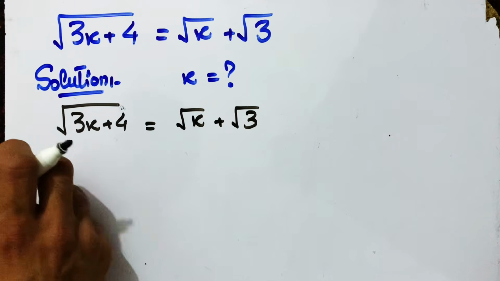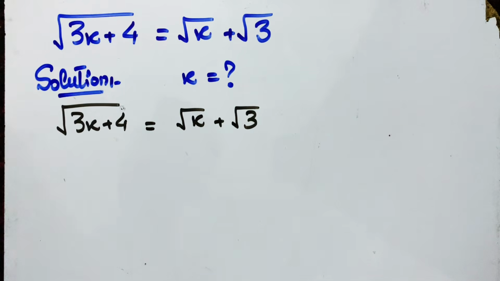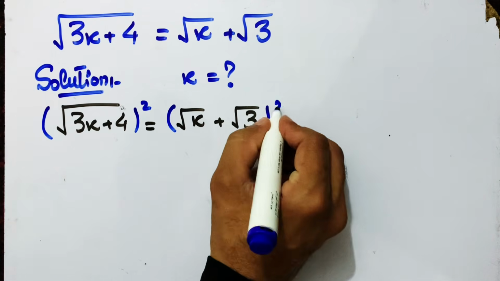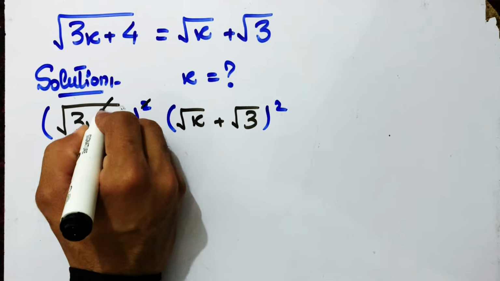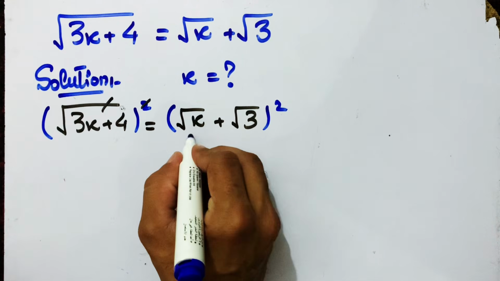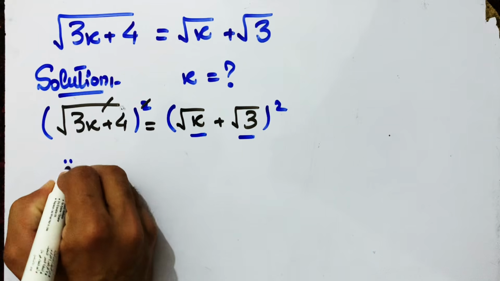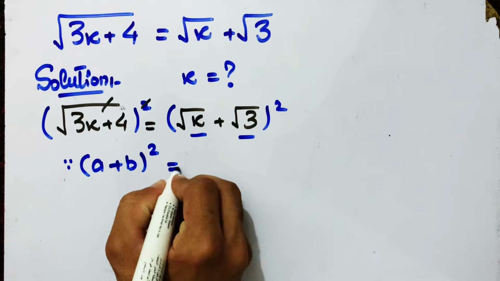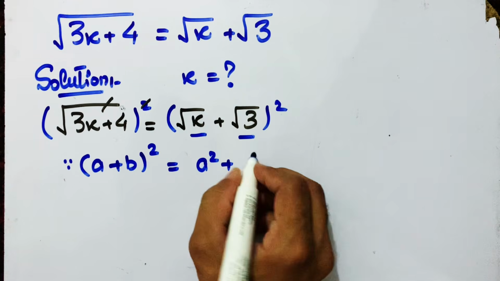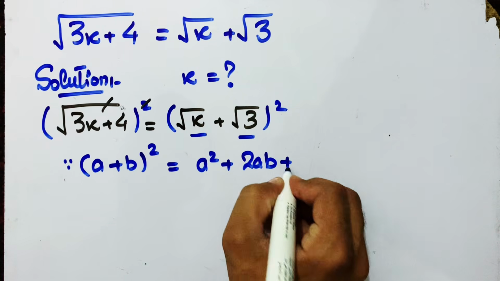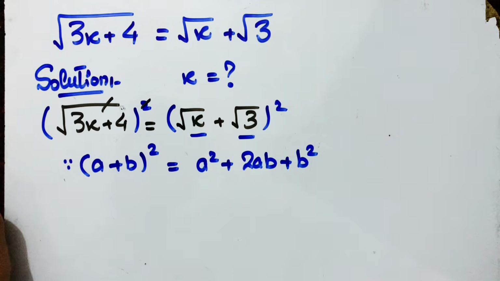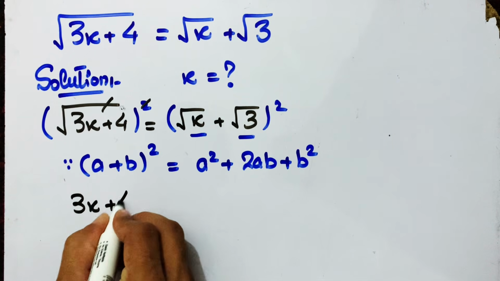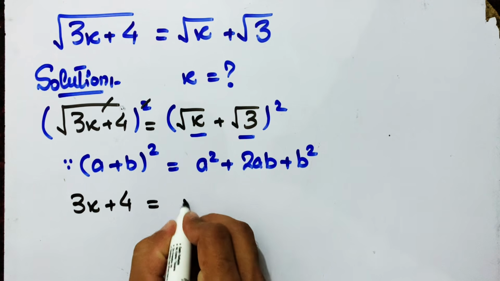Now I eliminate the square roots by squaring both sides. The square and the square root cancel out, and the right side is the (a plus b) formula. (a plus b) whole square is equal to a square plus 2ab plus b square. So our remaining equation is 3x plus 4 equals